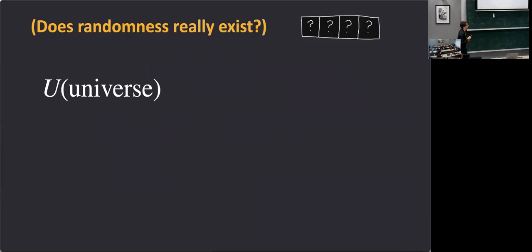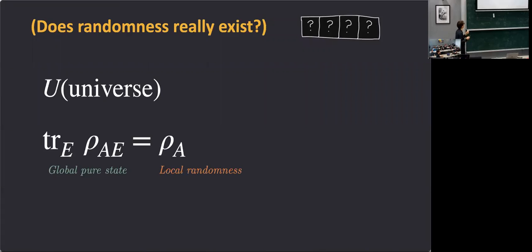Now, the question you are probably not asking yourself is, does randomness really exist? And why I'm saying this is that when we consider the whole universe, we will often say, okay, it's a unitary evolution and a pure state, so there's no randomness. But in my model, I don't consider the universe as a whole, but the local part. So when we're tracing out a lot of the universe and just keeping Alice's lab, for example, yes, there will be no global randomness, but because of entanglement, there still will be local randomness.